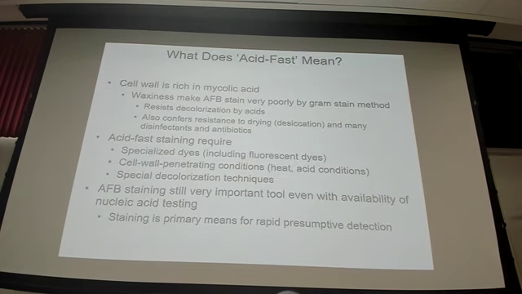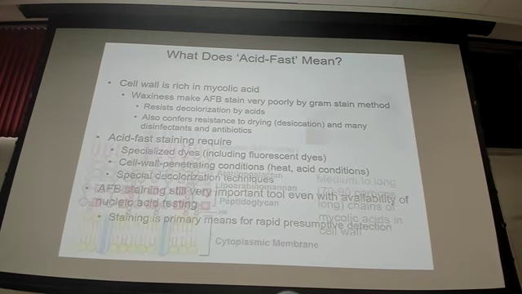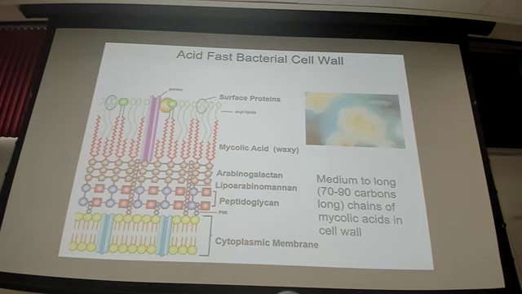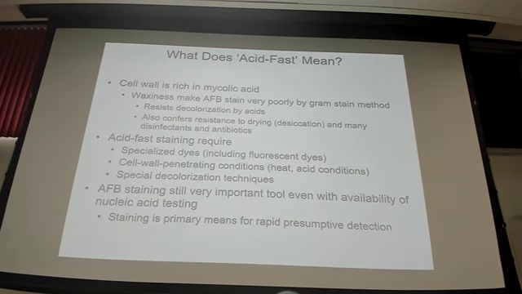All right, drilling down a little bit more detail about acid-fast qualities and what that means. If you were to try and stain Mycobacterium tuberculosis or another mycobacterial species with a gram stain, the crystal violet stain that you initially apply during a gram stain wouldn't be able to permeate through that thick layer of mycolic acids. So for that reason, as soon as you go to decolorize the crystal violet, it'll just rinse all of it out and nothing will stain. For that reason, we rely on some different stains. We'll talk about these specialized stains, including fluorescent dyes like auramine and rhodamine, that can actually penetrate down through those mycolic acids and stain the cells.